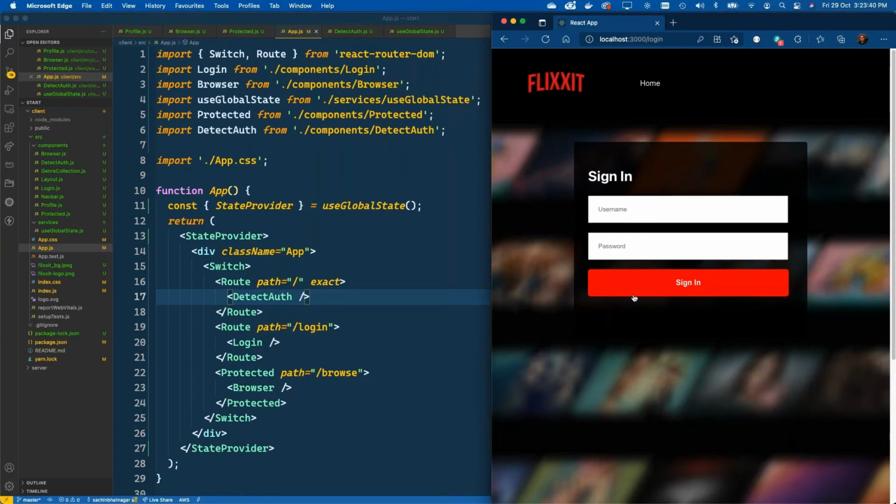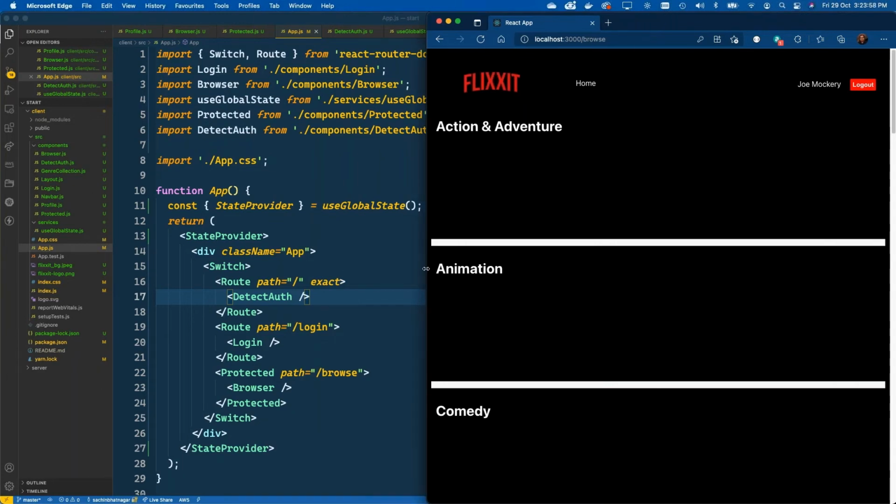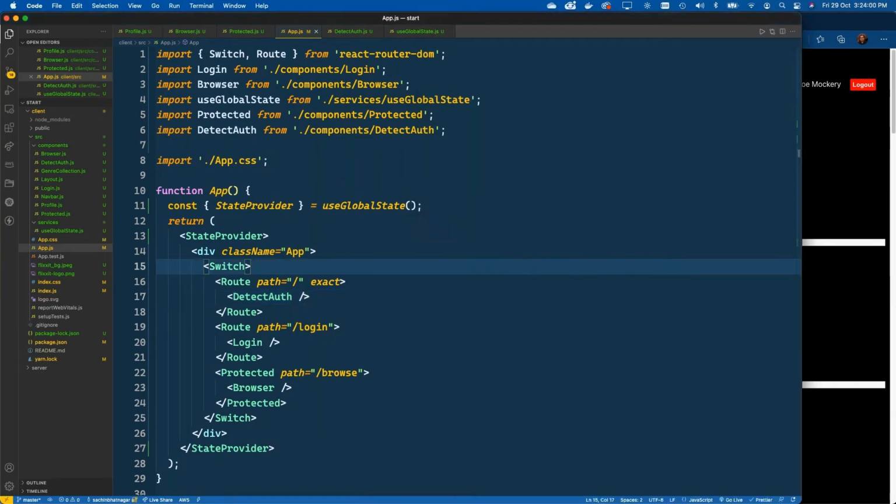All right, so now we have a good authentication system in place. It does the job that we want. Let's focus our attention on building the browser. So let's log in, and I might need to disable a few things to get things working, but just bear with me. So let's go back